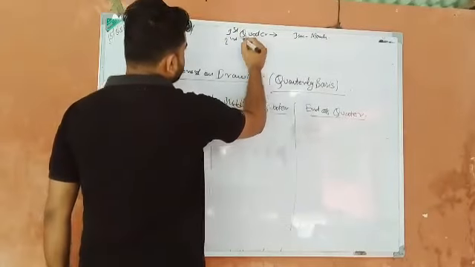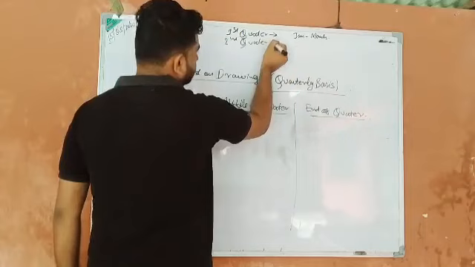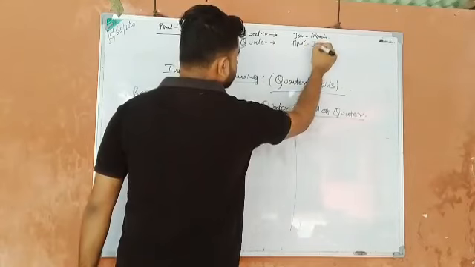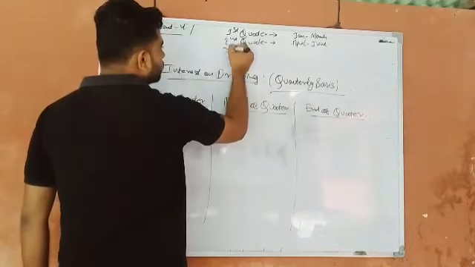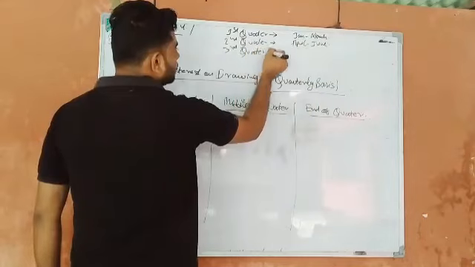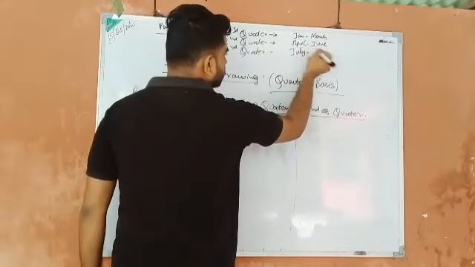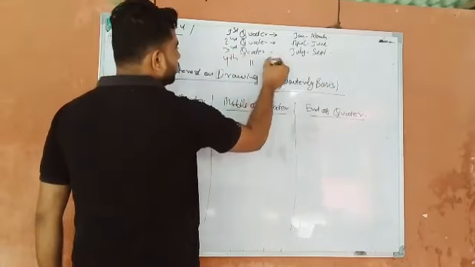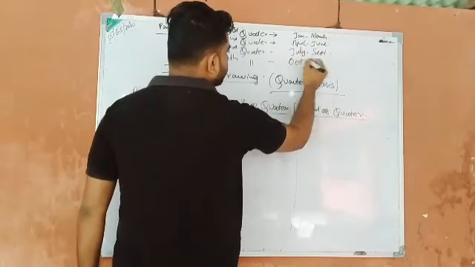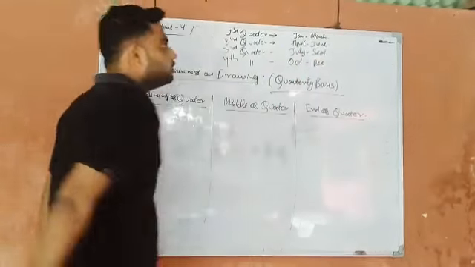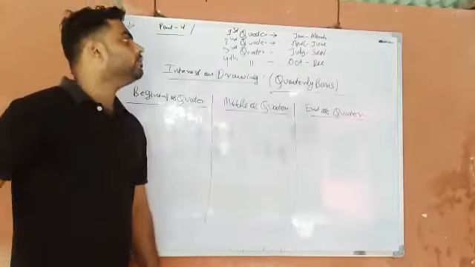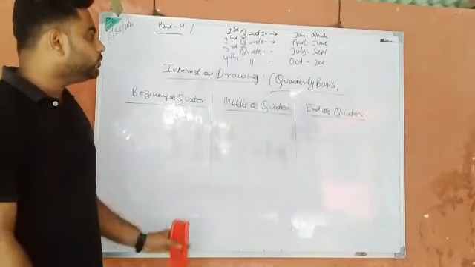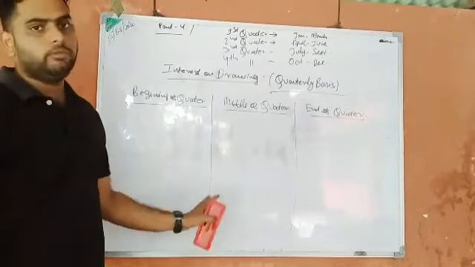In my second quarter, again 3 months will be there: April, May and June. And in the third quarter, that will be July, August and September. And in the fourth quarter, October to December. So you see, I have divided the entire calendar into quarters. Why have I done this? Because it will help you to understand what I am doing.